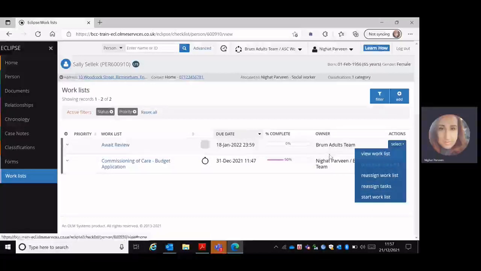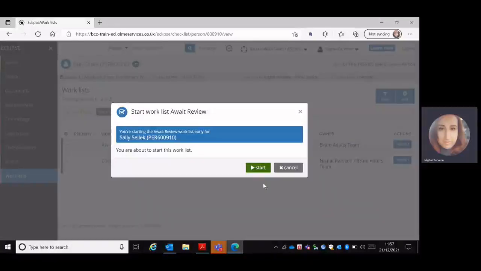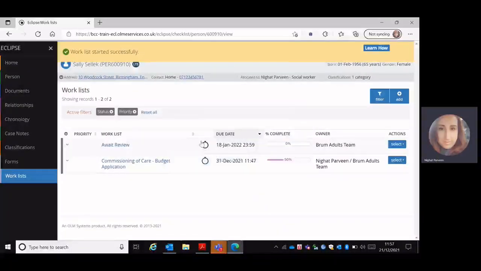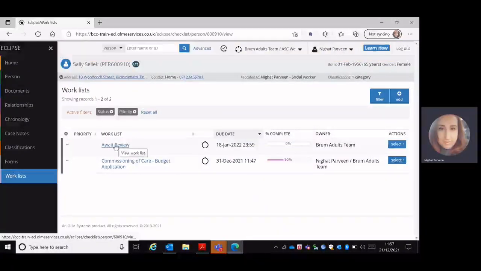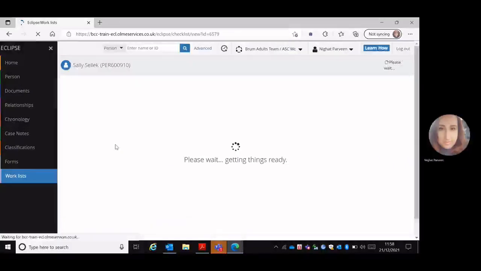Again, with these work lists, you can reassign them to your teams or other people. You have the options here as well, as well as the tiles. But now we want to force the start of the review, so I'll click on that. It says, are you about to start this work list? And I'm saying start. And now you can see the icons changed. So if I click on await review,